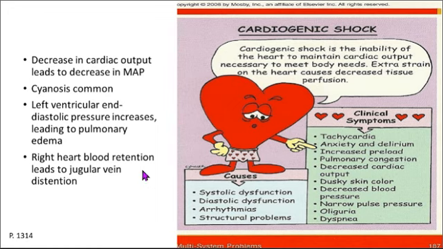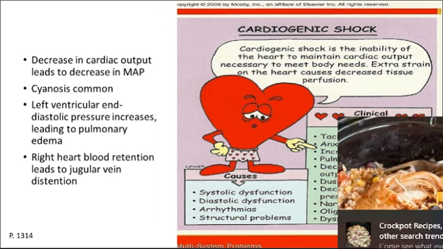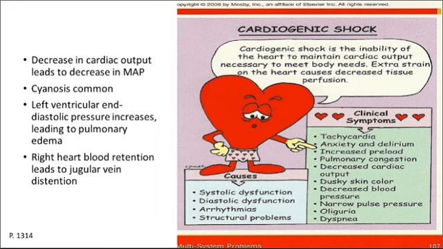Decrease in cardiac output. That leads to the decrease in mean arterial pressure. Cyanosis is common. Left ventricular end diastolic pressure increases. So the left side of your heart, the end diastolic pressure. So the amount of pressure that is,